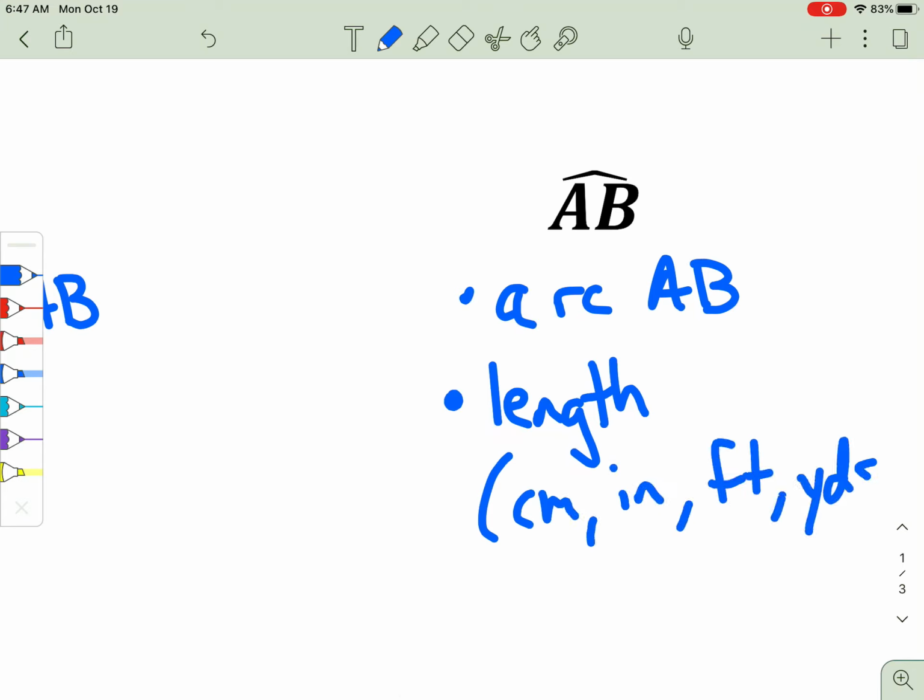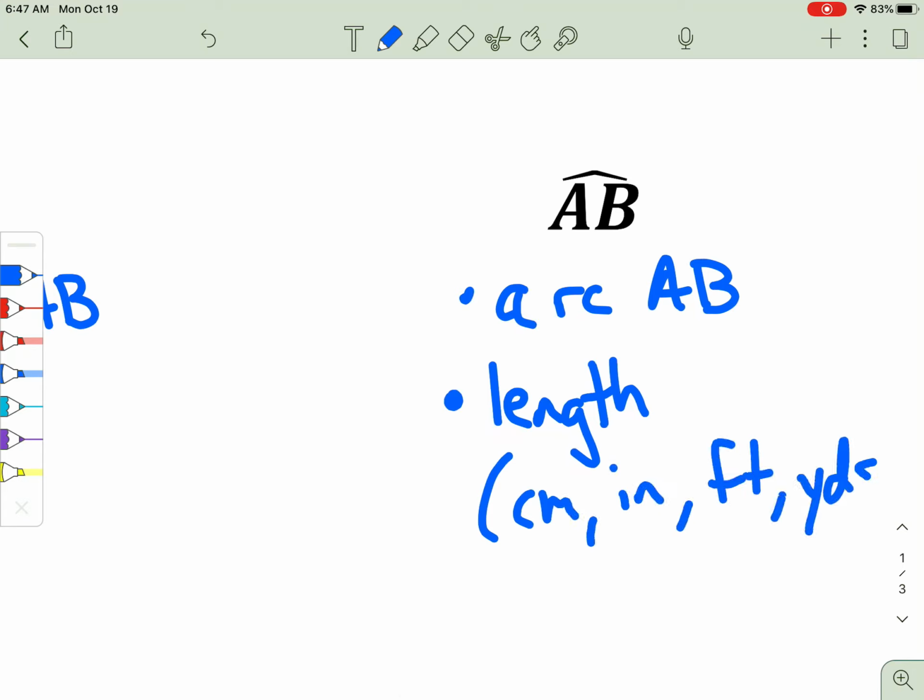Circumference of a circle. If you want to know the exact circumference of a circle, remember circumference of a circle is the length around the outside of a circle. You could also say it's the perimeter of the circle. The exact circumference, and you probably should have memorized this before, is C equals 2 pi r, where r is the radius. So there's the formula for that. Circumference equals 2 pi r,